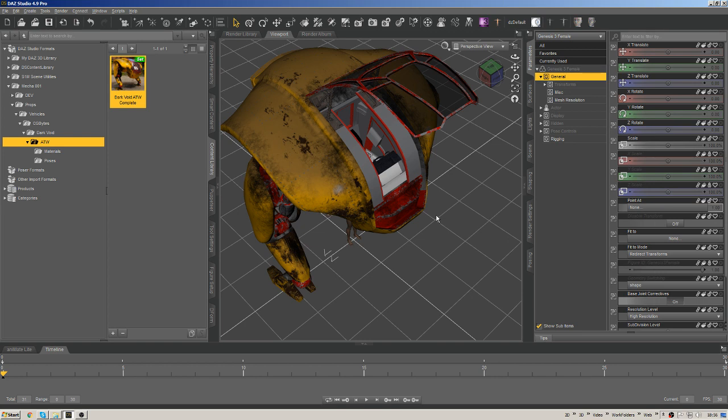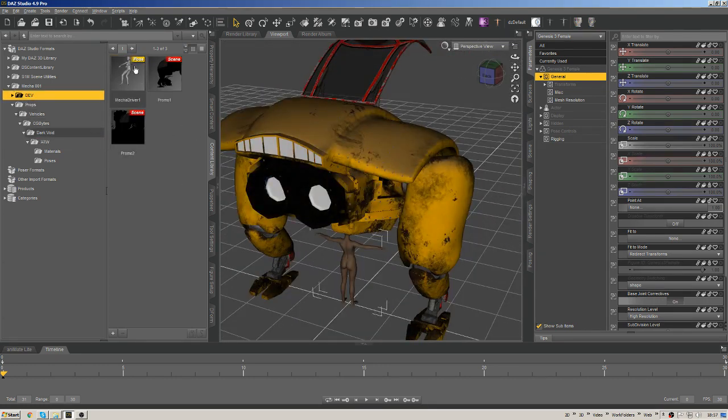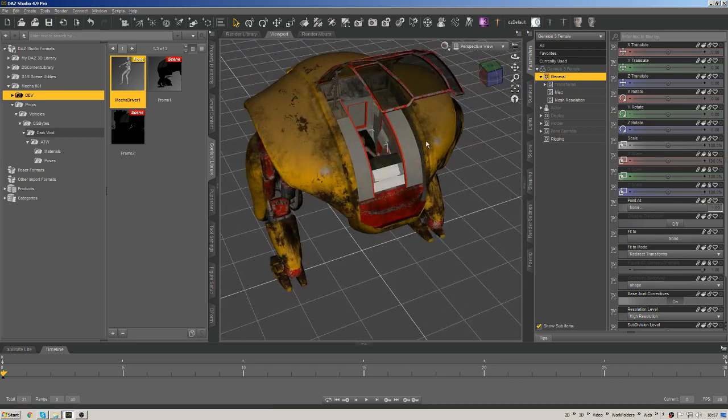I actually started from the G3 figure. I posed the figure in something that to my imagination looked like she would be driving this thing, sent that to Zbrush, and then built everything around it so it was a completely ergonomic design. I still have that pose saved out, there we go. So if I click that now,